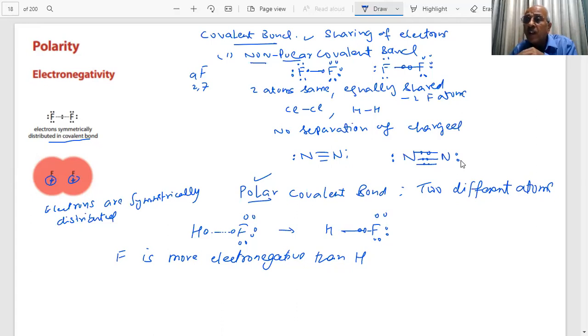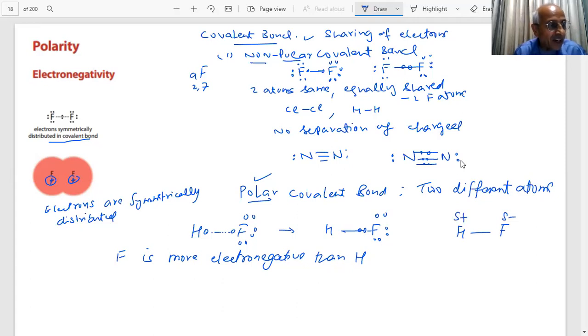You know, fluorine is a non-metal on the right hand side. It has got 7 electrons and it needs 1 electron. This pair of electrons is pulled more towards the fluorine. What will be the result of this, student, if such a thing happens? Then we will see that this bond becomes polar. Fluorine becomes partial negative, hydrogen becomes partial positive.